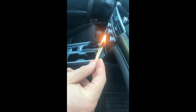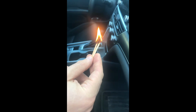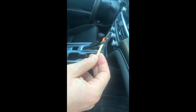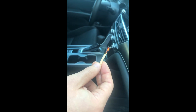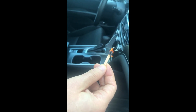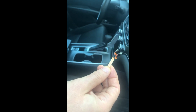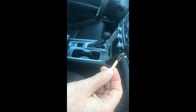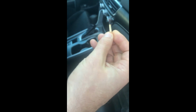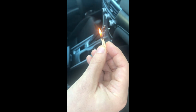The majority of the particles in a match, the smoke that's there, are going to be around the 1 micron range and are going to register on the small particle number. So we'll let that burn out. Maybe. Don't drop ash in my car. Oh, well, this one just wants to linger. Oh, we should get a good number. All right, we'll help it here. Okay, so we're going to close the door